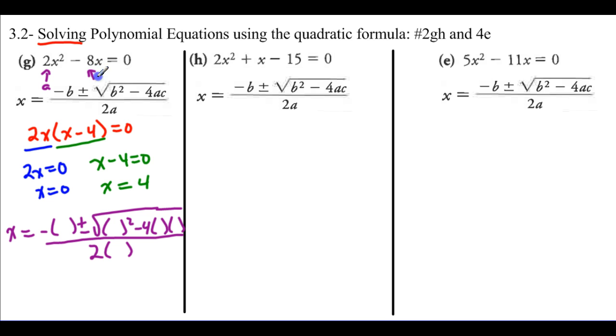B is always the coefficient, in this case negative 8, of the x term, and c is the number, or so the constant value on the end here. Over here, this will be the c value. In this one, 0 is the c value. And so as I go across here, a is 2, so I need a 2 right there and a 2 right there. Negative 8 is b,